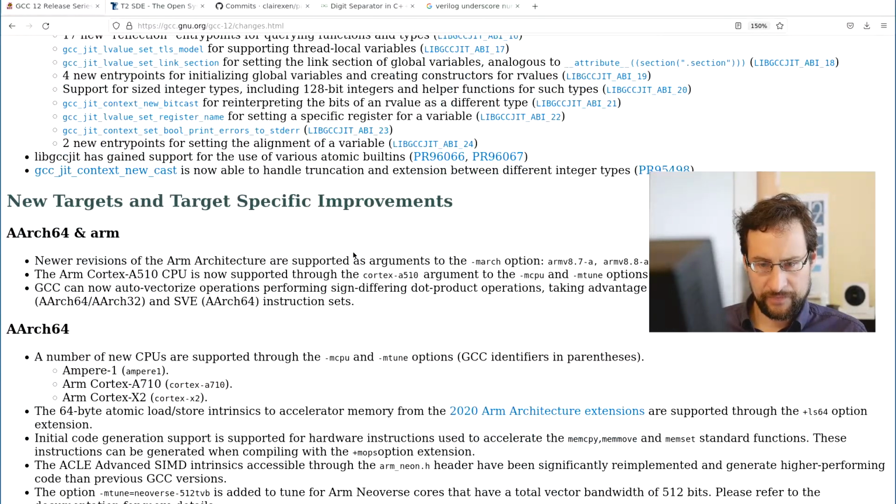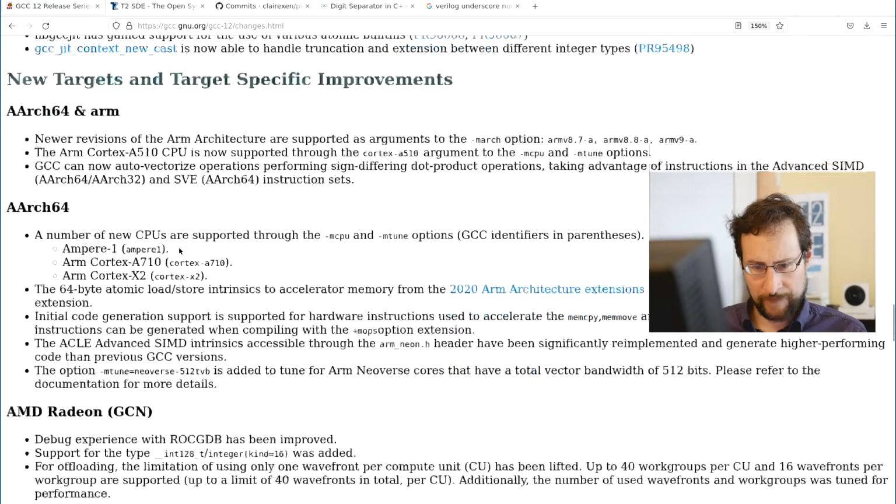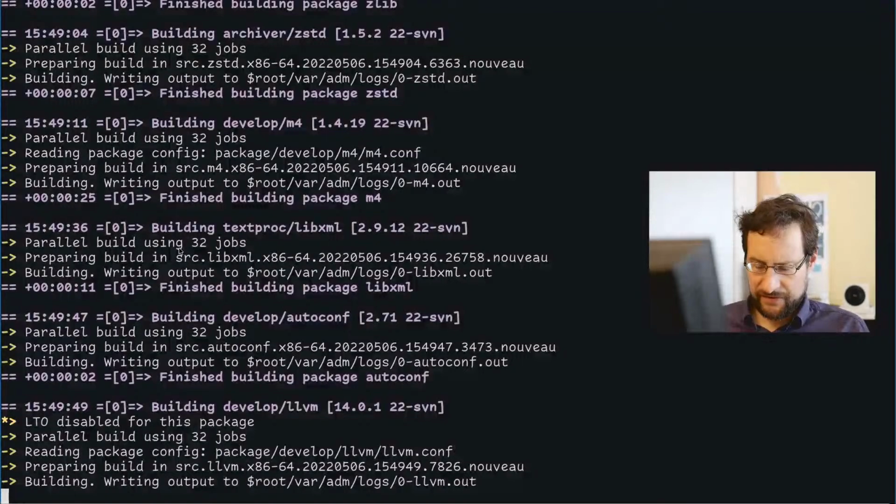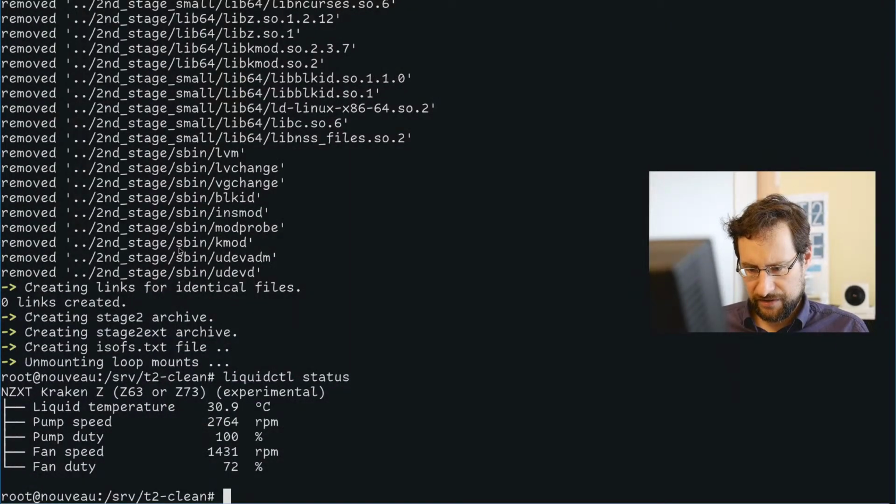AArch64 ARM: new revisions ARMv8.7-A, 8.8 and 9. So if we commit this, we can already